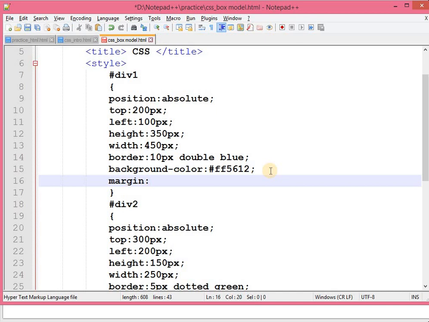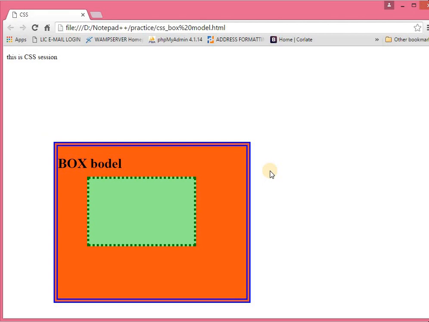So in single property we can set margin for top, right, bottom and left. Okay, so I am just setting it as 20 pixel. So if I am using like this, that means it will set 20 pixel for all sides. Save, F5.